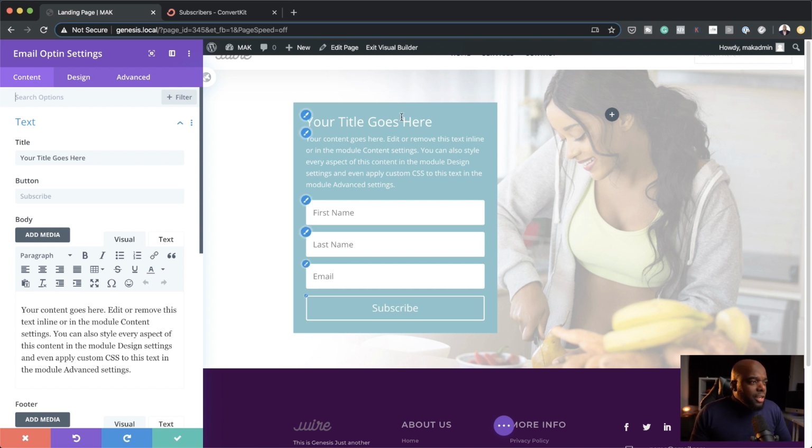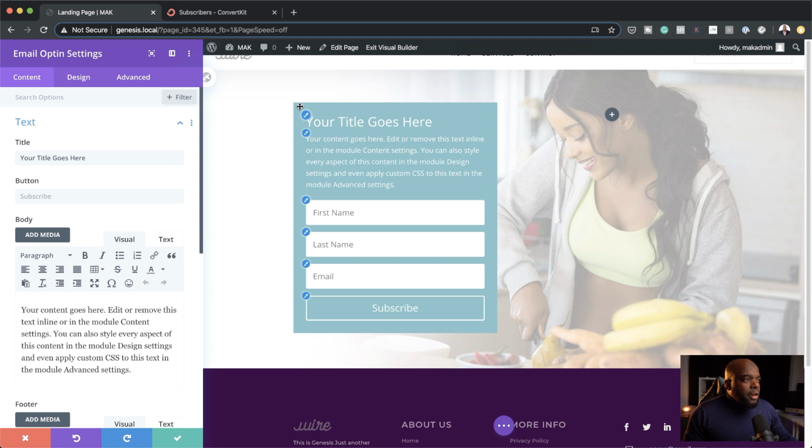So the next stage is to just go in here and adjust our text. What is important here is to make sure that you let people know why it's important for them to sign up for your mailing list. So it has to be something of value that you're giving all these visitors to your website. So here, I'm not going to go ahead and state why they need to download it. In fact, let me just add a title here. And the title is pretty much going to be find out